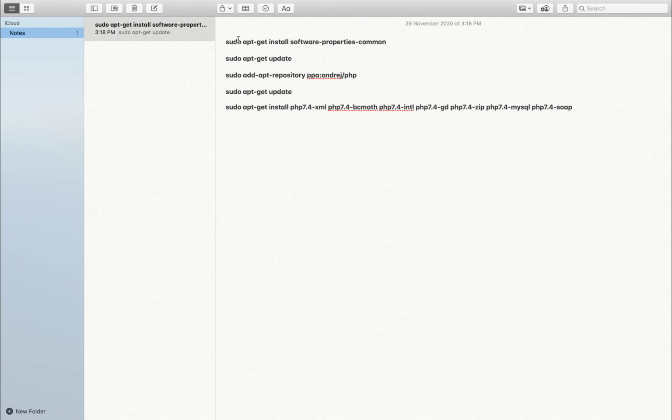Before we install this, we have to do some other operations, like we have to install software-properties-common, which gives us access to commands like add-apt-repository, and this command will finally give us access to install a few libraries. By default there are already a few extensions available which we can install using apt-get, but this repository gives us access to a lot of PHP extensions which we can install later on. So let's install all these dependencies one by one. I will be sharing all these commands with you so that you can run them.